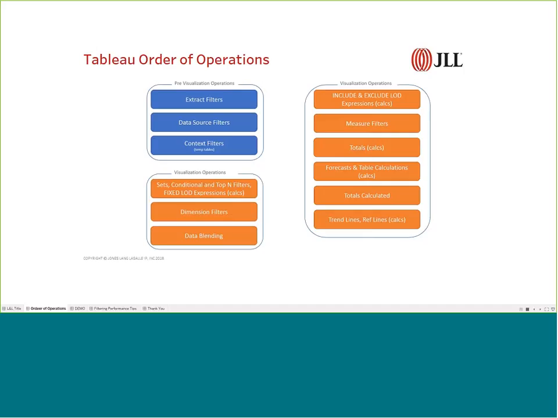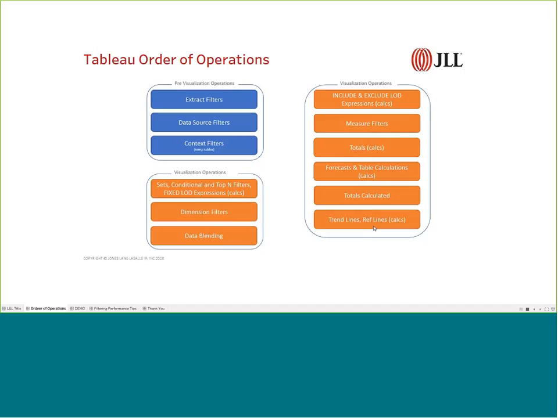And then you have trend lines and reference lines. Those are produced last out of the order of operations. Okay, so why is this significant if you're looking at workbook performance? Number one, let's say you have 100 million rows of data, all right? And when your user opens up the dashboard, your dashboard is designed to show subsets of the data. And the subset of the data